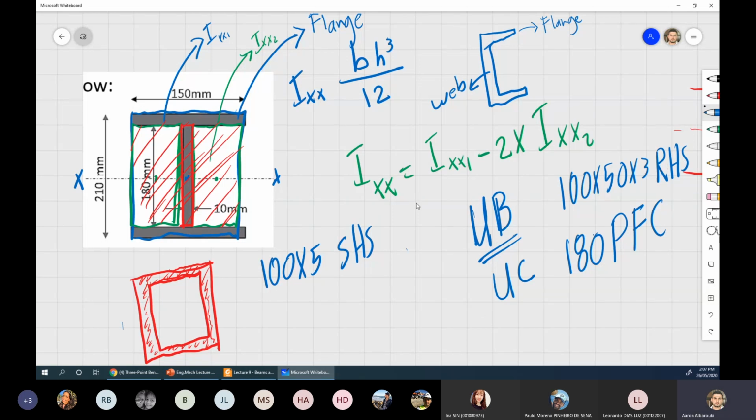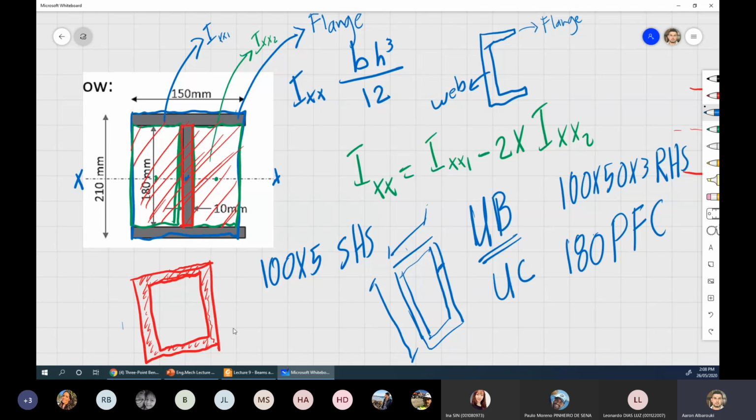RHS, rectangular hollow section. That means the cross section is rectangular, not square. This is square. This is rectangular, hollow, empty from the inside. The highest number is the depth, the second number is the width, and then the thickness. For the square hollow section, the outer measurement and the thickness are the important parts for us